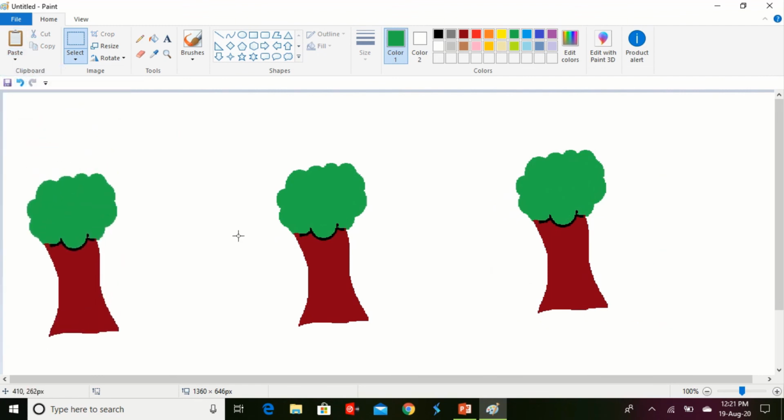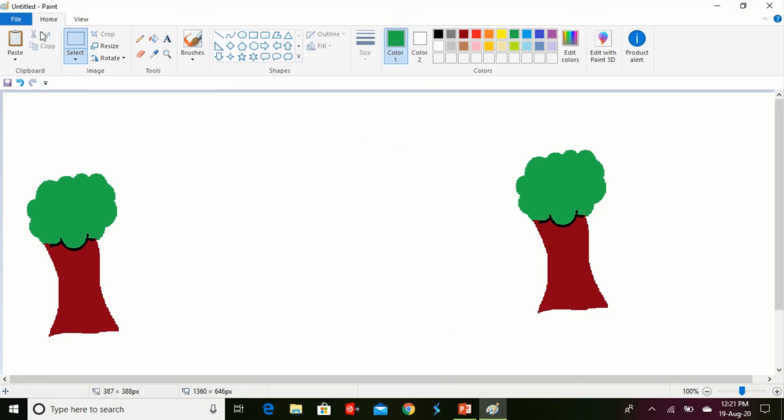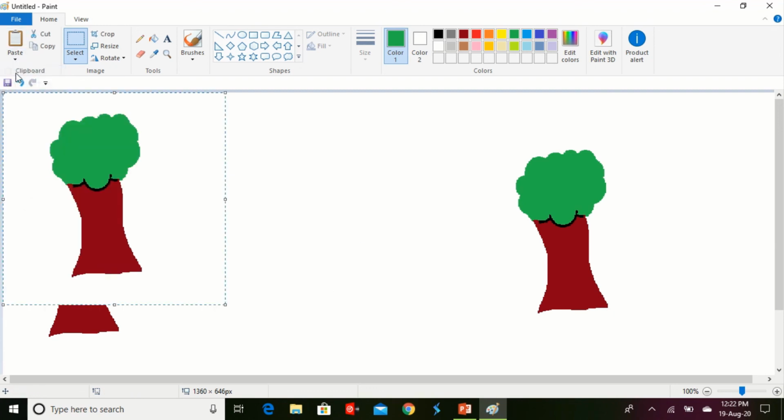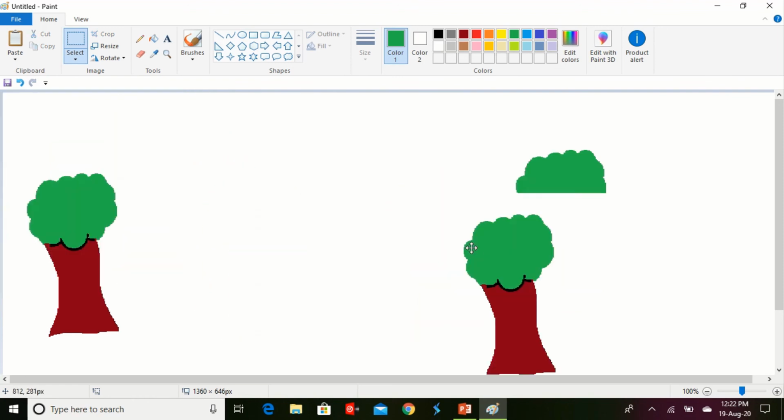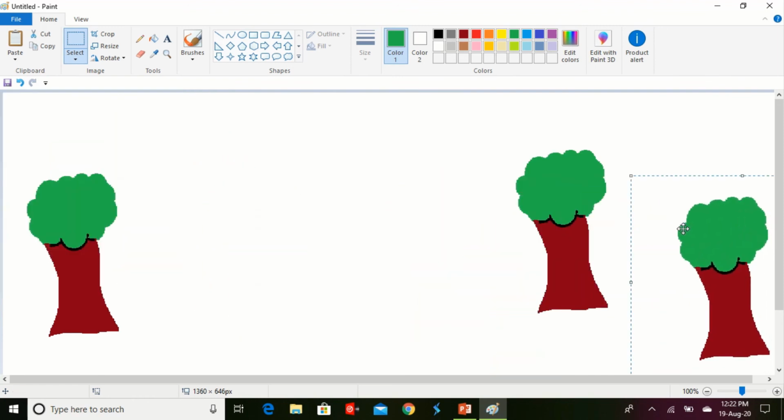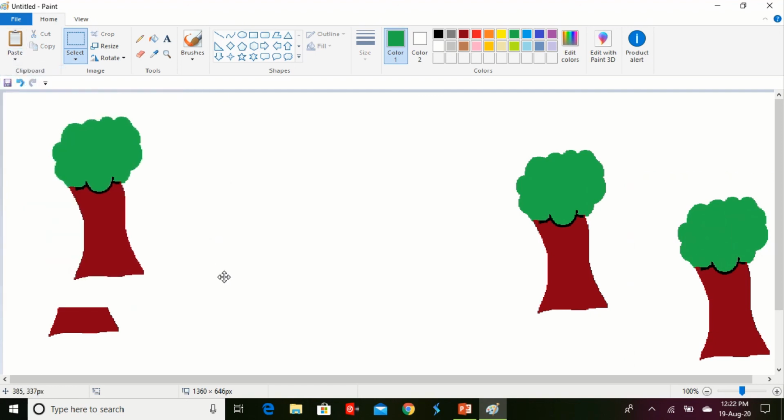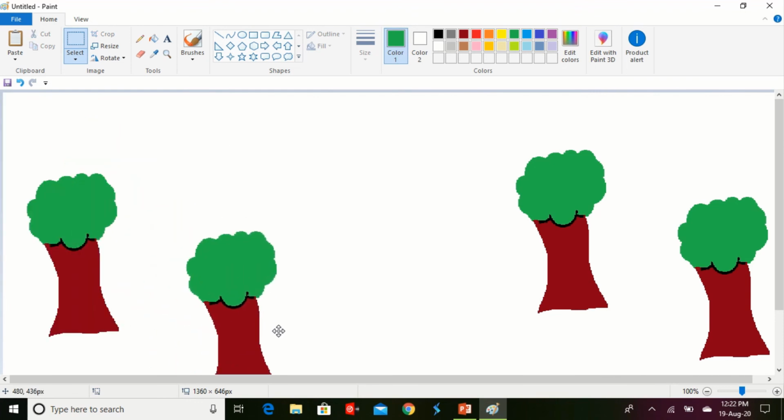Say for example, I do not want this tree here. I want to cut it from here. So what to do? Simply go to the selection tool, rectangular selection, choose this tree and go to the cut option. Children, you might have noticed when we copied, the trees were there only. When we select the cut option, this tree has been removed from the screen. Now to get it back, go to paste, and you will get it here at the top left corner, the same as in the copy option. I keep it here. One more paste option. I go to paste and using this four-headed arrow I keep this tree here.